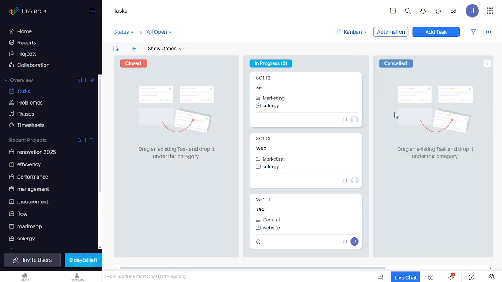Now that we're in the Tasks tab, look for the View As drop-down menu on the top right and select Kanban. This switches your tasks into the Kanban view, which is essentially a board with different columns for different stages of your tasks. Each task is represented as a card that you can move from one column to another as